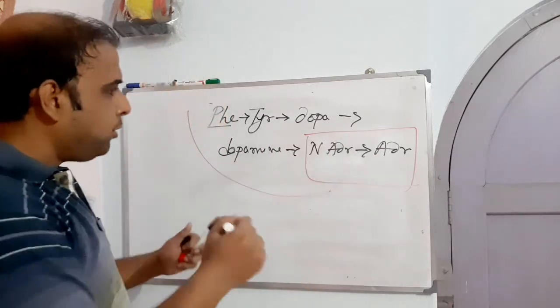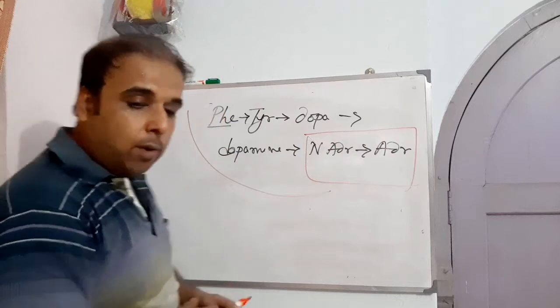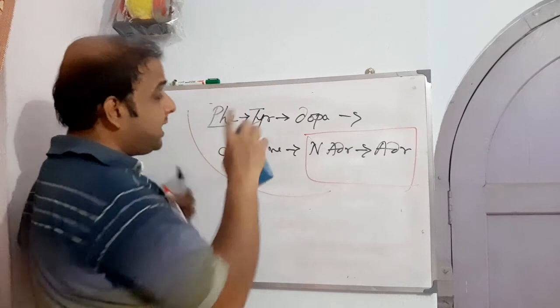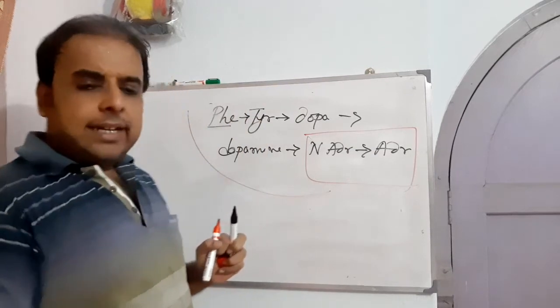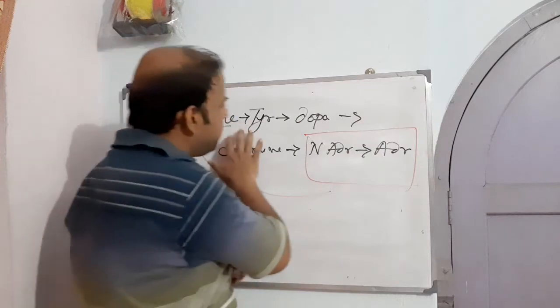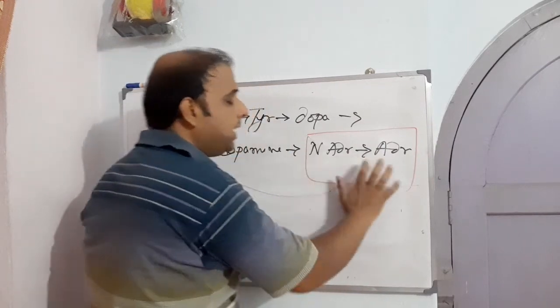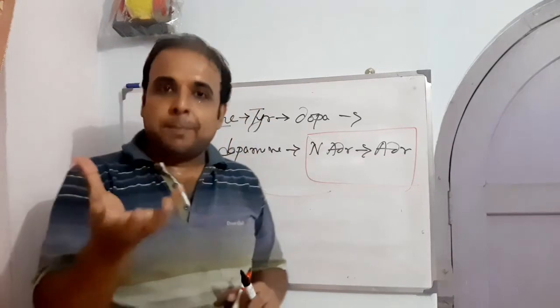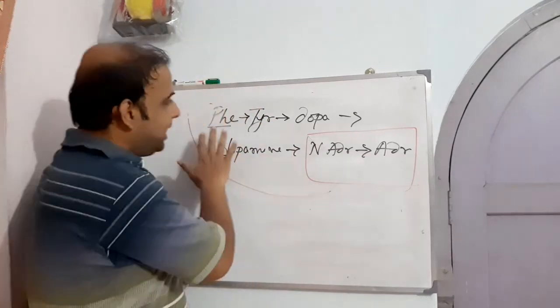Now if we try to figure out chemically how it looks, this is the flowchart, from phenylalanine to tyrosine. And let me tell you one thing. All the things are not kept together. All the intermediates involved in the production of noradrenaline as well as adrenaline are not synthesized in a single compartment. There are different locations.